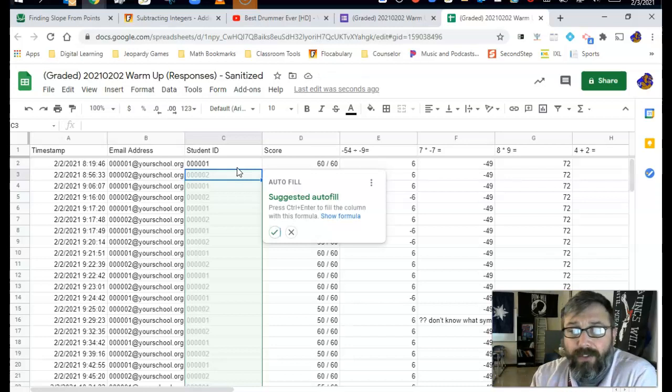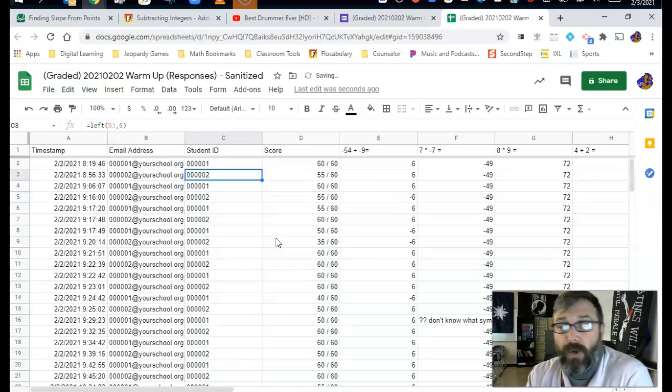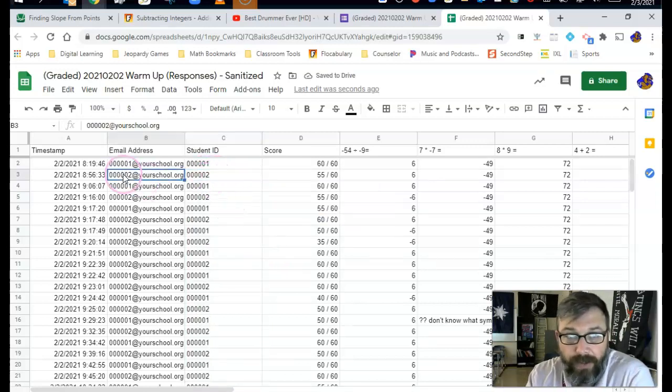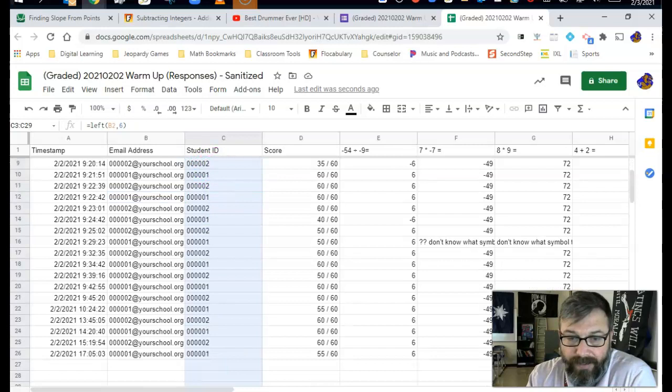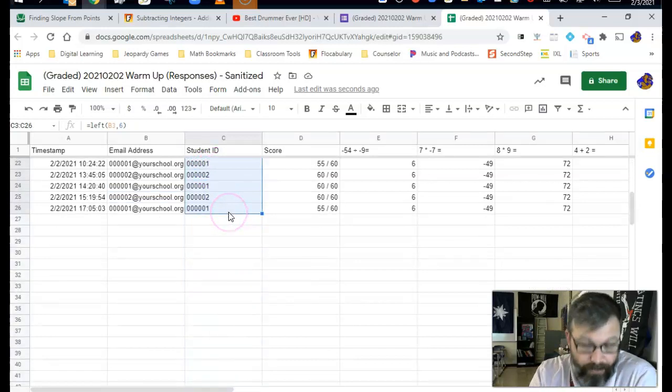Now, there's 2 things you can do. One is, you can say, yes, that's exactly how I want to autofill it, and click, boom. And now you'll see 2 is here, 1 is here, 2 is here, and I didn't even realize it was supposed to count all the way up, but apparently I didn't pay attention. Regardless, the other thing you can do, let's say for whatever reason you forgot to do that,